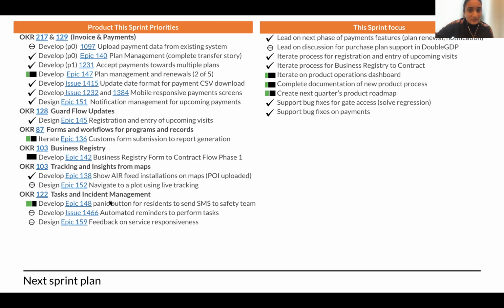That's all the work that we have done in the sprint. My focus was very much leading on payments and customs, but I've started to do some work on our product processes as well as our product roadmap and the product operations dashboard. Unfortunately, my big focus on the sprint was that there were a number of bugs that had come up for gate access and payments. So I wanted to focus on getting us back on track with those two things. And overall, a very successful sprint, and we've delivered a lot of major stories and hope to continue this momentum